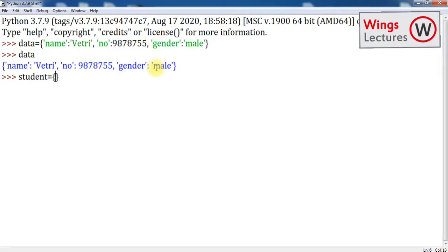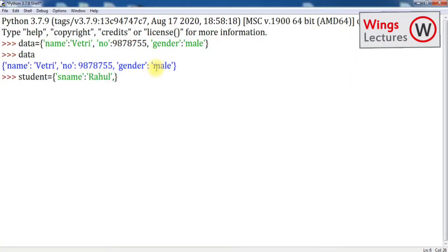See here. First I'm going to add name, keep a colon, Rahul, and then